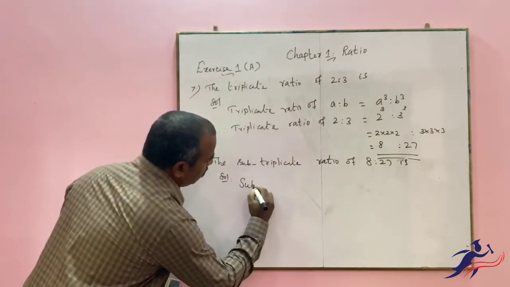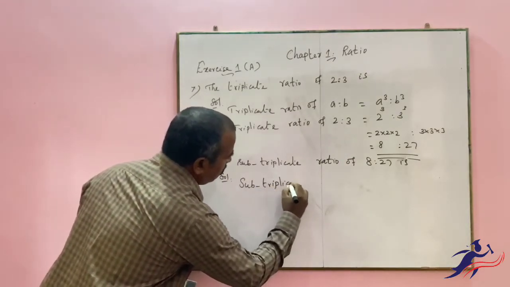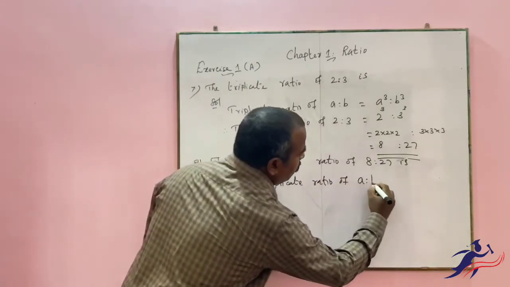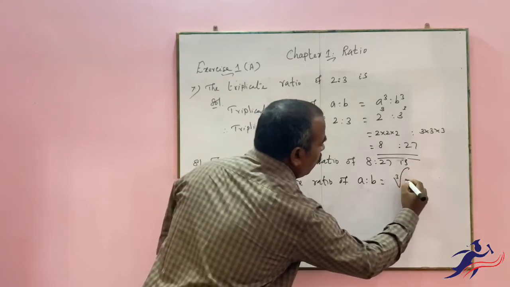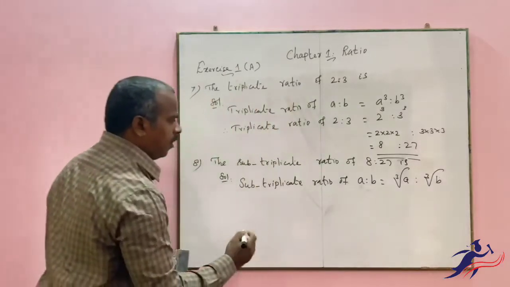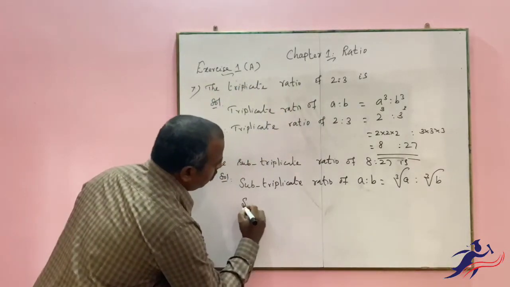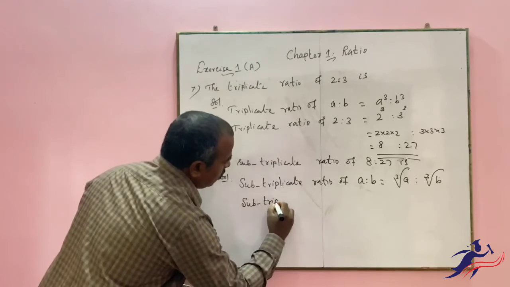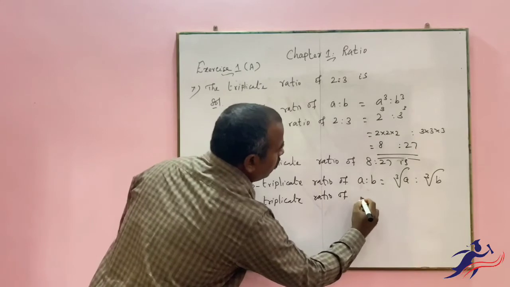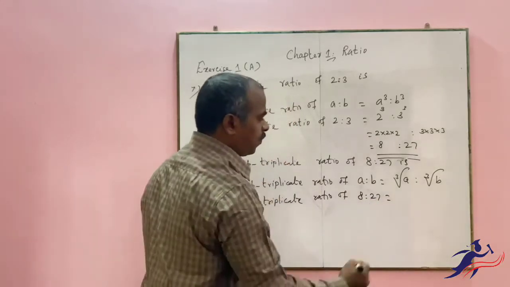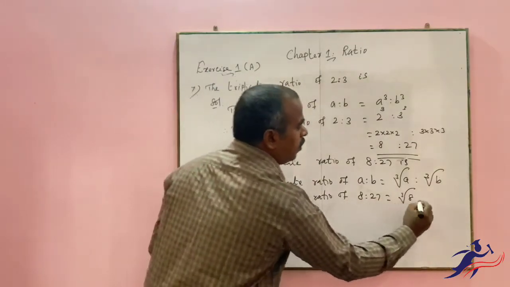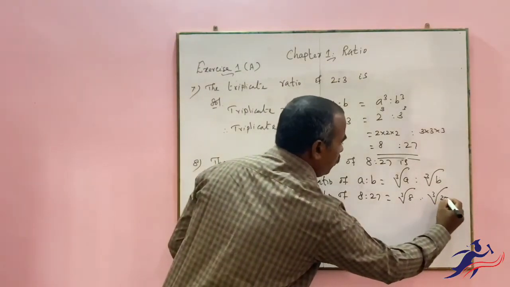That is, the subtriplicate ratio of A is to B is cube root of A is to cube root of B. Therefore, the subtriplicate ratio of 8 is to 27 is, see, cube root of 8 is to cube root of 27,